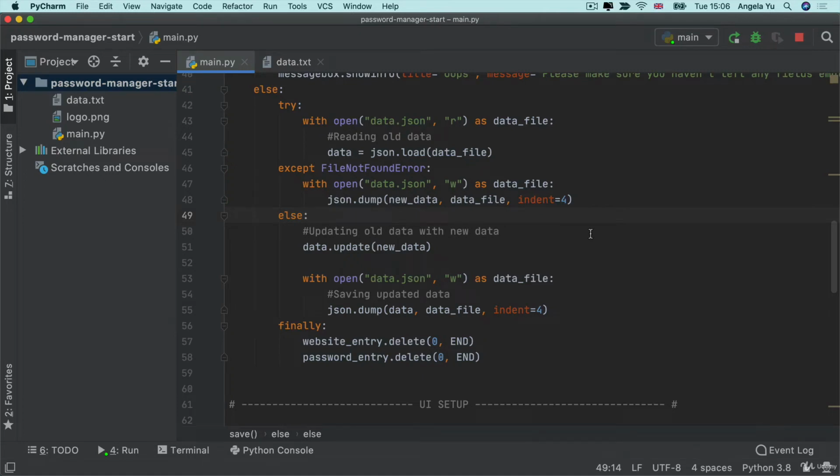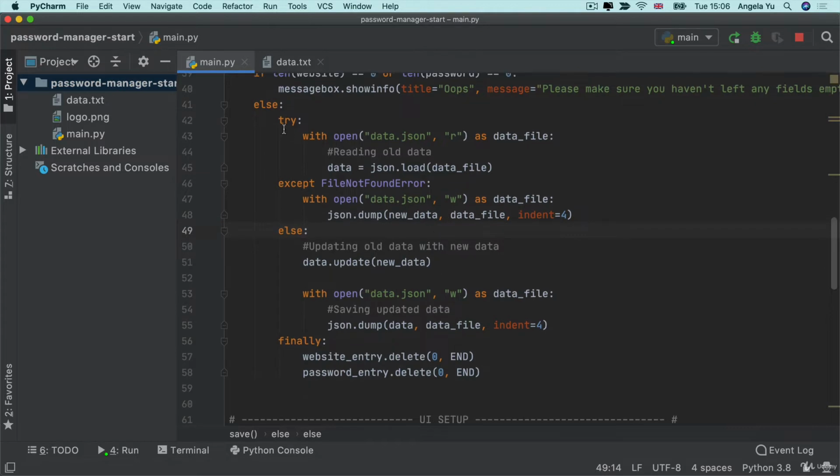In the previous lessons today, we looked at how we can use the JSON format to store and load data into our program. We also looked at how we can use the try, except, else, and finally keywords to handle exceptions in our program, to make sure that it doesn't fail and end up crashing our program so the user ends up with a bad user experience. Instead, we can anticipate the things that might happen. For example, the first time when we run our program, we might not have a data.json file, and we deal